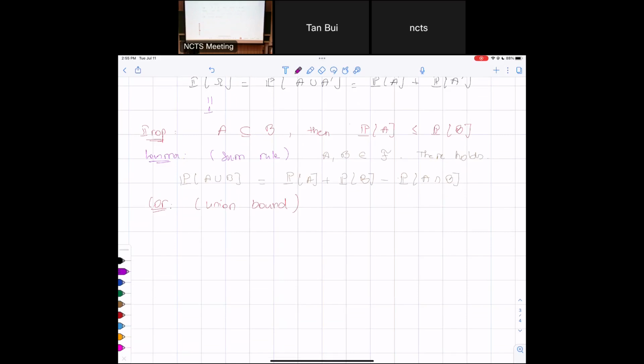The union bound is the simplest possible bound that you can think about, but it's actually one of the most useful. It's amazing, right? If you take any A, B as subsets of our